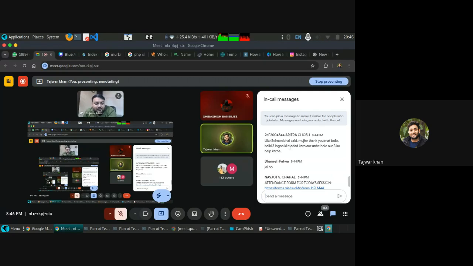One more thing: if you guys are interested in learning cyber security, we can have a proper cyber security training session. You can tell Navjot about this, or you can say in the WhatsApp group that you really want to learn cyber security. We can have some kind of session for a week, or 10 days, or 15 days. Getting my point?